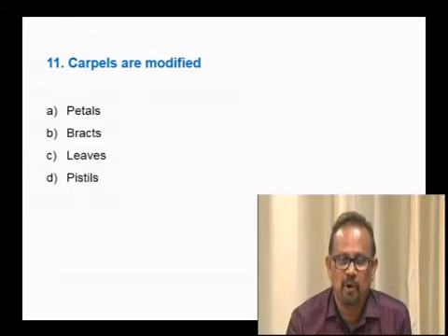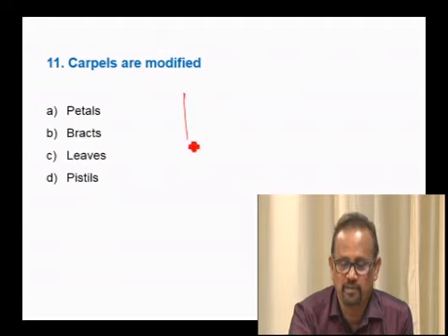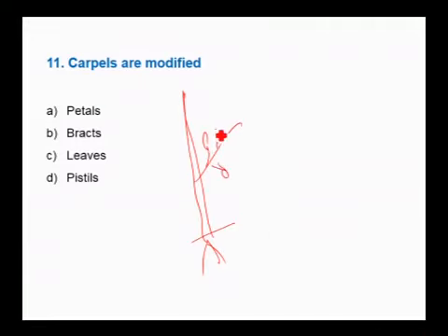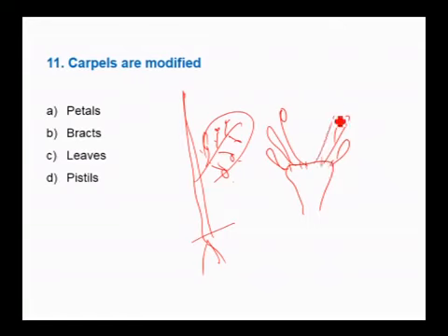Next question. Carpels are modified. See, when we talk about a flower, a flower is a modified shoot for sexual reproduction. So, aerial shoot system, underground root system. Say for example, here we have a branch having many leaves. This condenses. When it condenses, these are all the nodes. These leaves may form sepals, next leaves may form petals, next leaves may form the stamen, next leaves may form the gynoecium. So, each whorl of a flower is made of modified leaves. These are all the modified leaves.